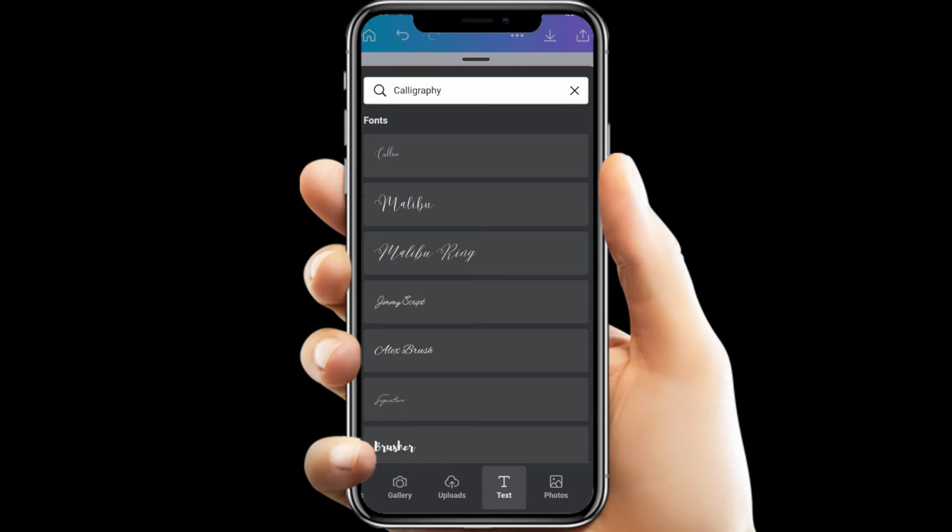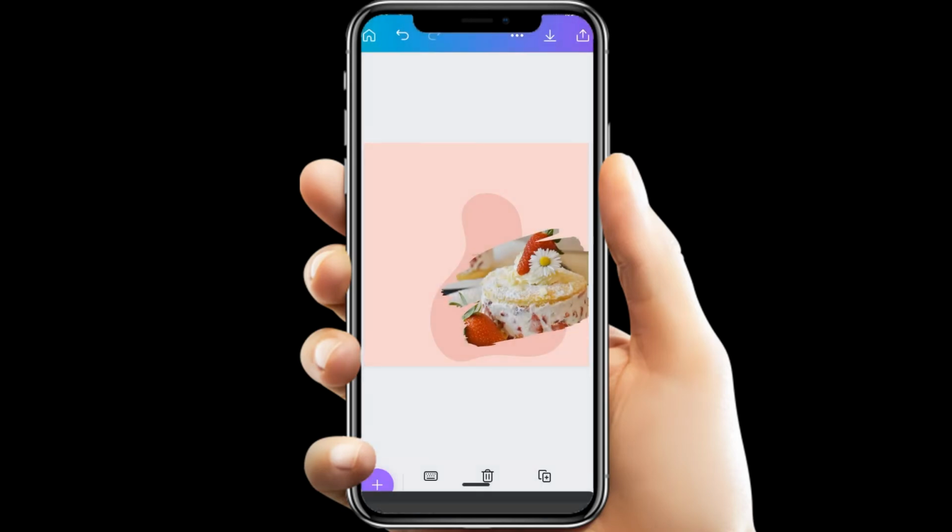Not much of a cursive, but in a cursive style. So I'll try using this. Let's see if we can make it bigger. Okay. Now let's type what the